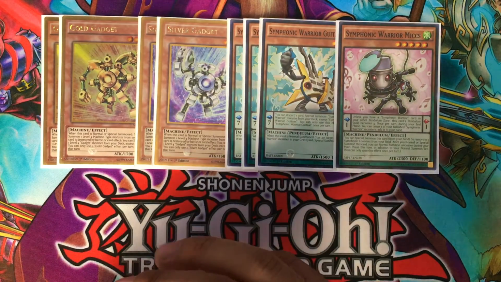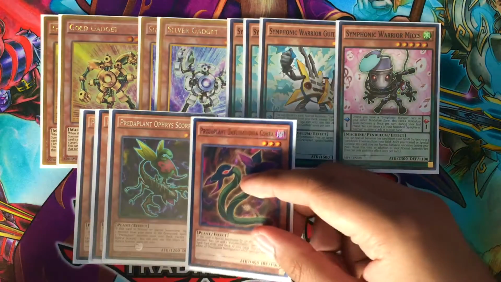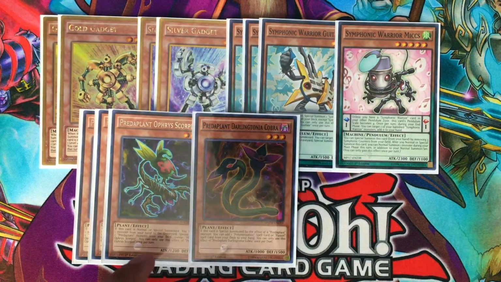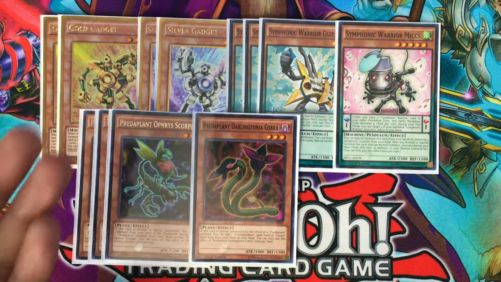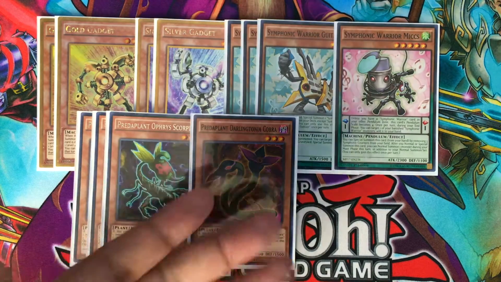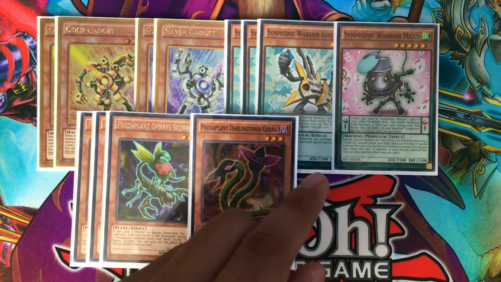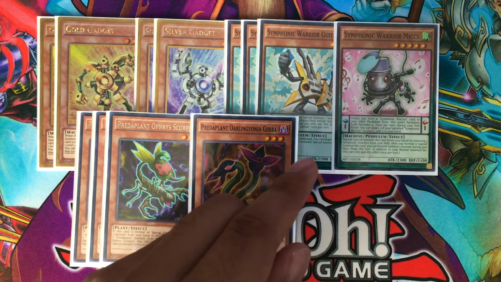And the other engine that I run is the Predaplan engine, triple Ophrys Scorpio, and 1 Darlingtonia Cobra. The Predaplan engine is here mainly so I can get to cards like Overload Fusion or Ancient Gear Fusion. You could run Brilliant Fusion and a Gem Knight and a Performance Trick Clown in this build, but if you ask me guys, I think the Symphonic Warrior engine is the much better route to go when it comes to